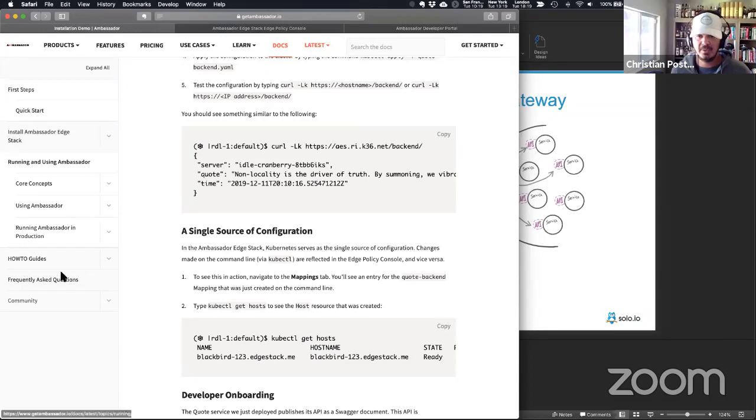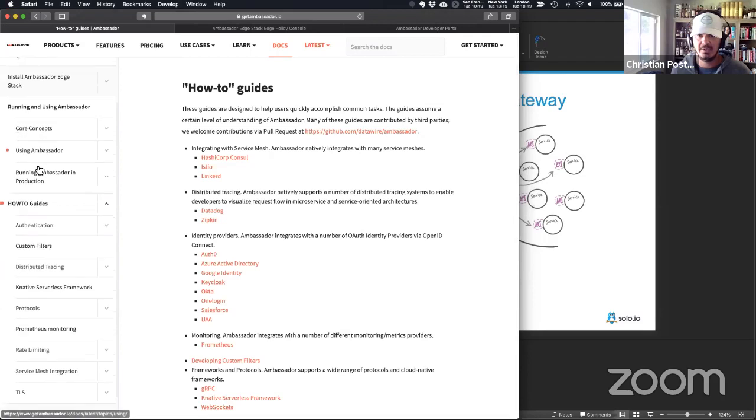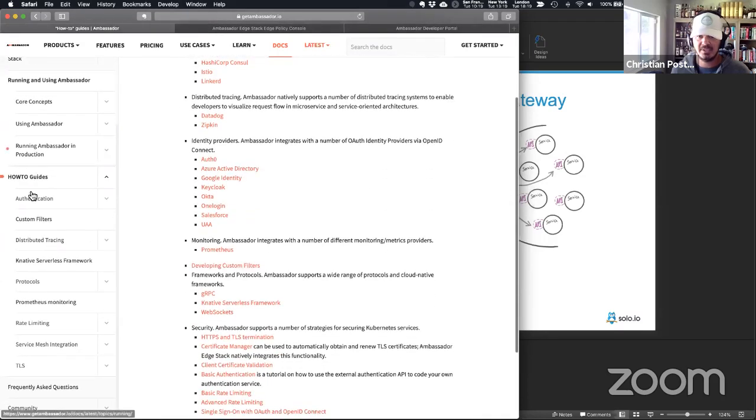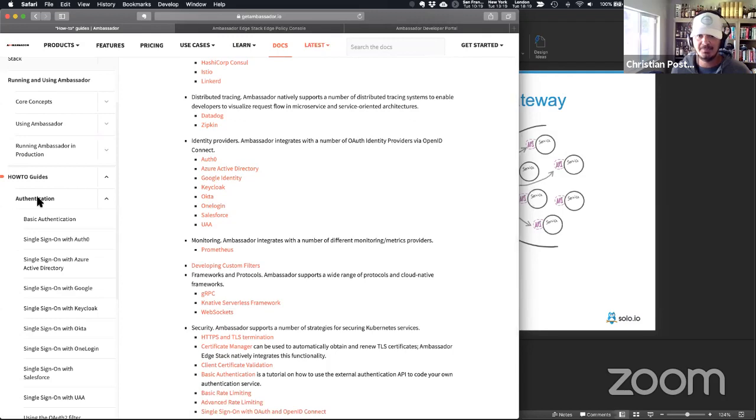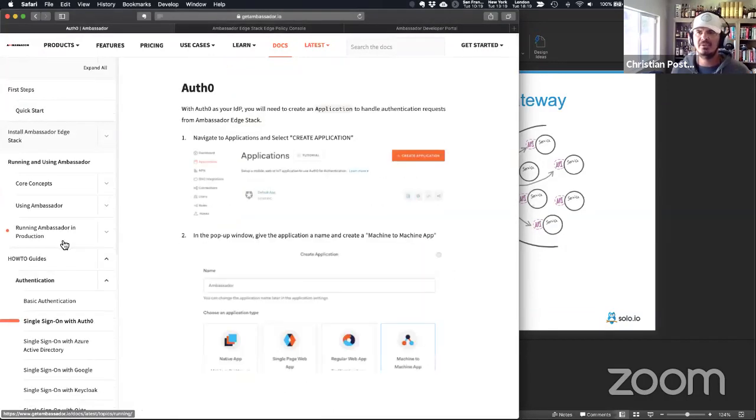So the thing we want to do here is try to find, like I said, their documentation is quite well organized, the security stuff. So authentication is here. What we're going to do is Auth0. We're going to do an OAuth integration with